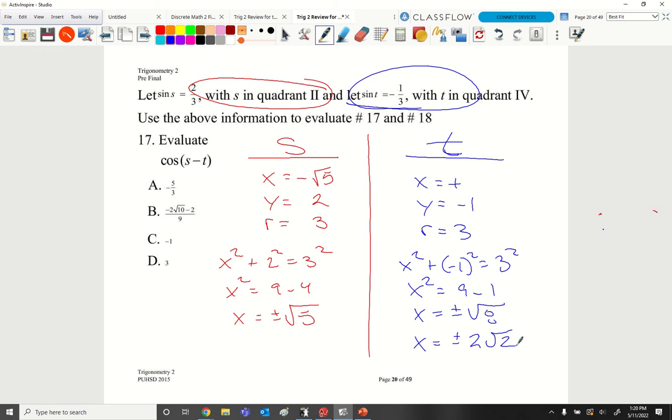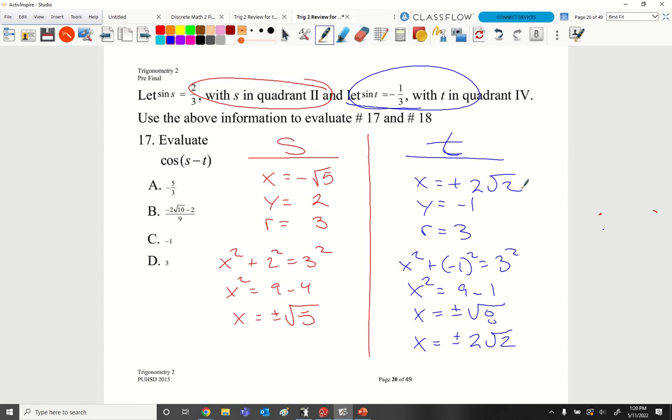Yes, I did factor that out because 8 breaks down to 4 times 2, right? And square root of 4 is 2. And that's why there's a 2 on the outside. So now I have my x's, y's, and r's. So you guys have all those. And now I have to go through and